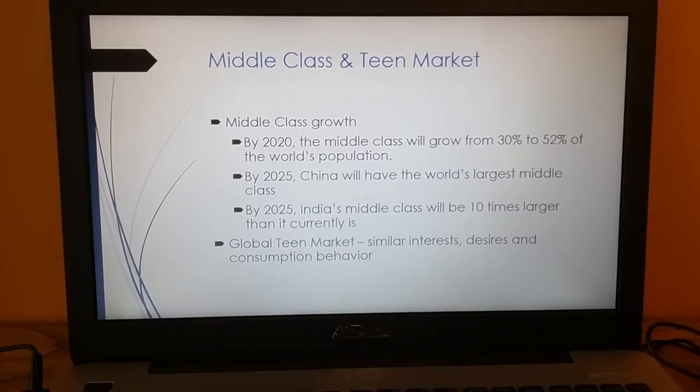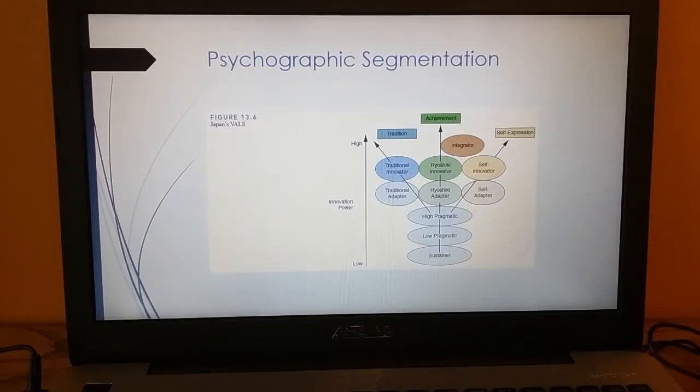Okay, so let's take a look here at psychographic segmentation. Japanese businesses use the Japan VALS framework to monitor Japan's consumer environment, to generate new product ideas, segment Japanese consumers into potential target markets, differentiate brands, and develop effective pricing, distribution, and promotion strategies. Okay, so we've talked about VALS before. It's the way to